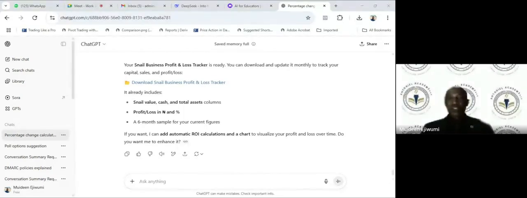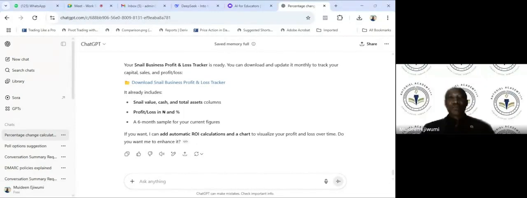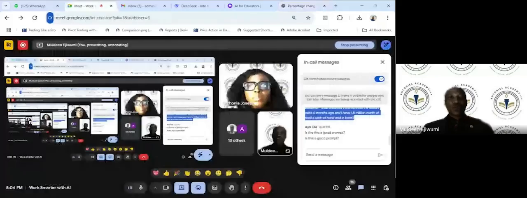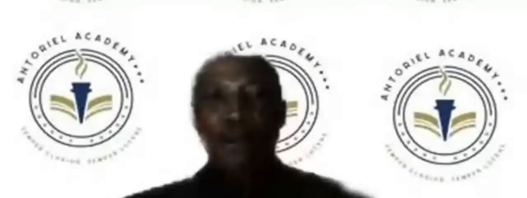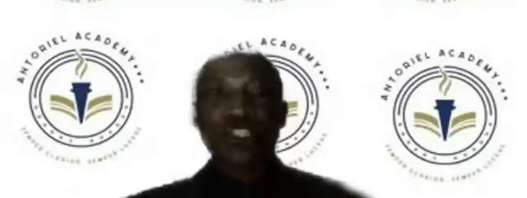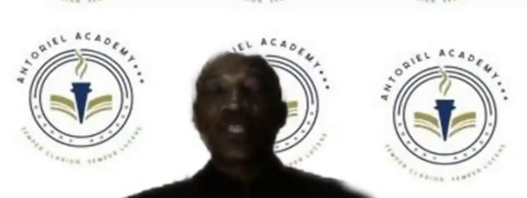So let me share the, we already used 1 hour. So I want to really, sorry. Let me share the spreadsheet so that at least we have an idea of what. So this is a Snail business spreadsheet generated by AI. So just to tell you, it is not only text that it can generate, but I think I'm having, so it's coming up.